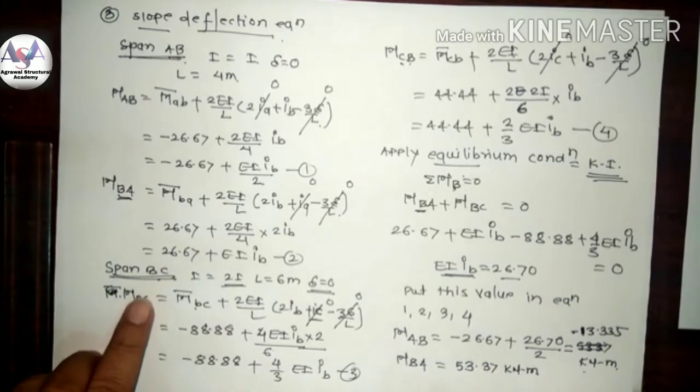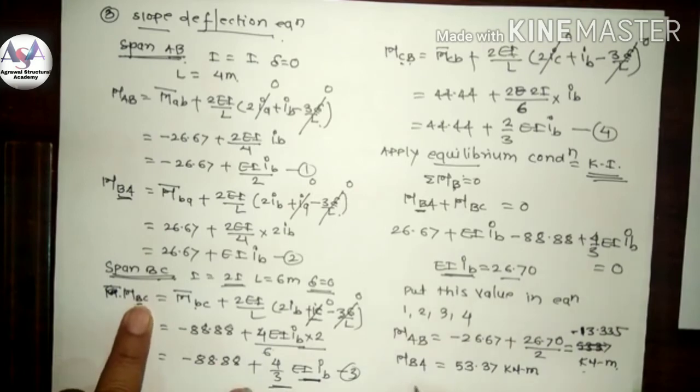Then if you put this value in this equation for BC, MBC is equal to minus 53.29 kilonewton meter,